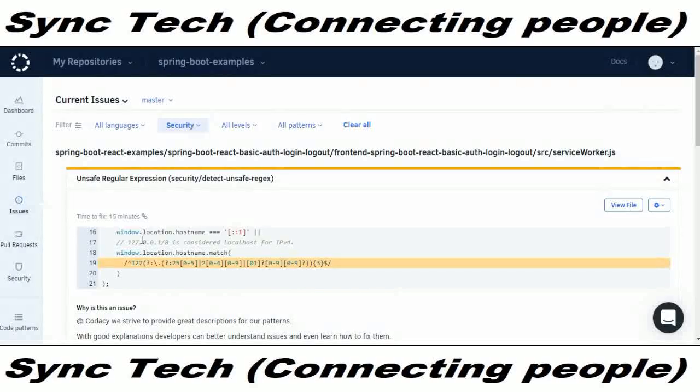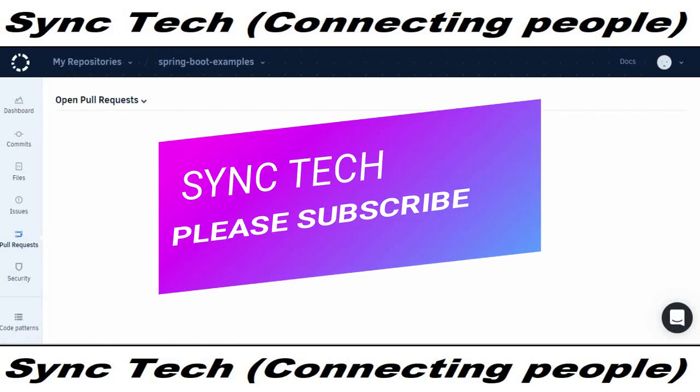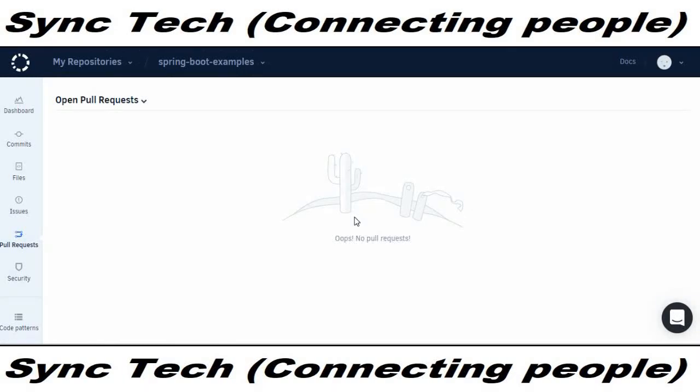So basically it also gives you the solution as well, where that particular issue is coming from and how we need to fix that. And once you click on the pull request, whenever a person creates a pull request, as there are no pull requests here, you are not able to see any. Once you create any pull request in your GitHub or Bitbucket, it automatically comes here. So it reviews the code related and the code standards,